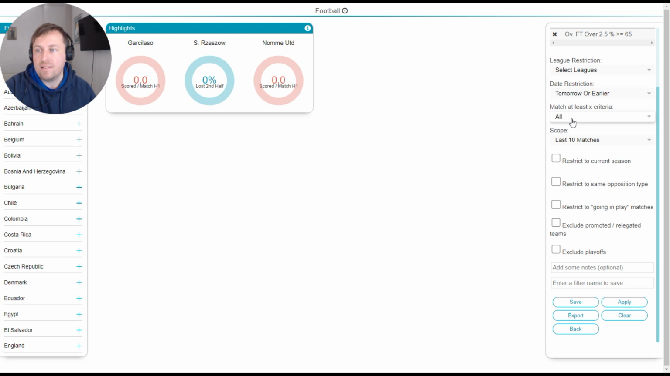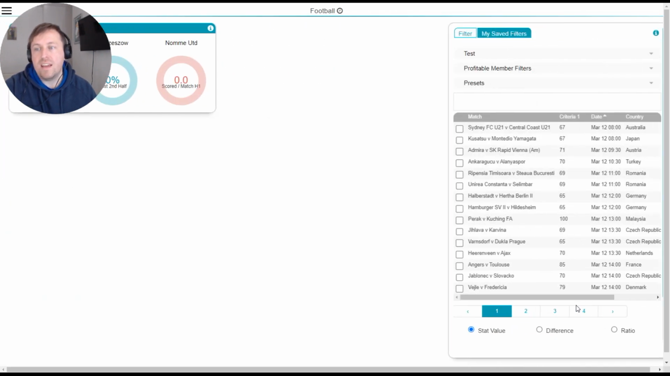Scope last 10 matches, match all criteria, restrict to current season. I don't need going in play because I'm not running this as a trading strategy. Just set and forget, exclude playoffs, and then just call it test. And we save that, and we've literally saved the filter, and we've got our selections for the day that would